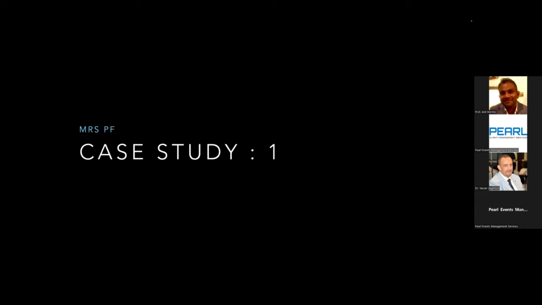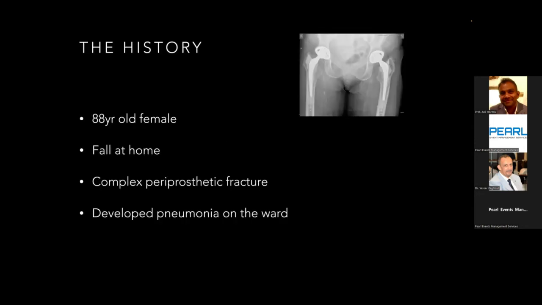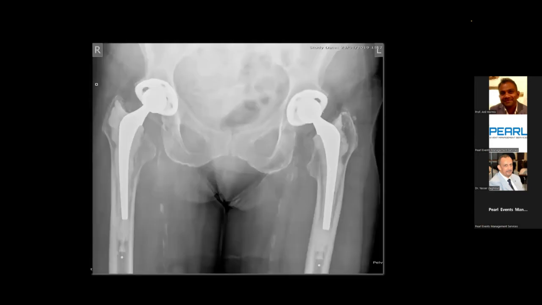So the first case study is a lady called Pamela Ford. She was 88. She had a fall at home, and she got a very complex periprosthetic fracture, and she developed a pneumonia on the ward. For those of you who like looking at X-rays, this is actually where her fracture was. So the right side all the way down the femur, which would involve all these prostheses having to come